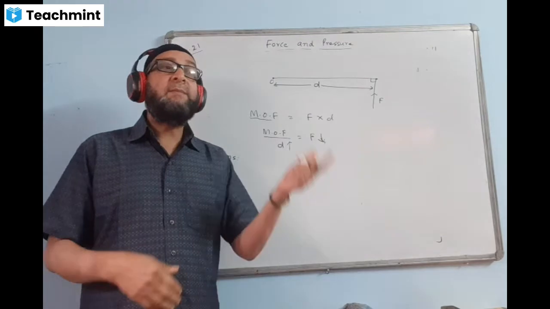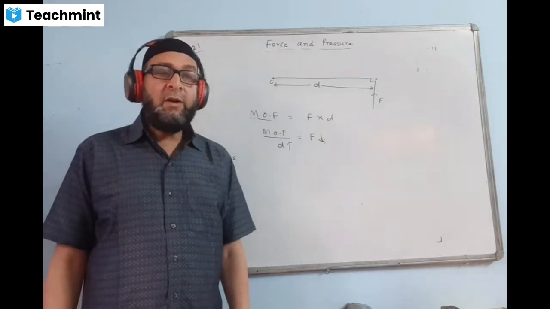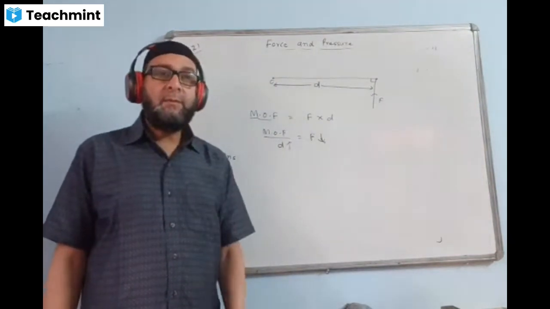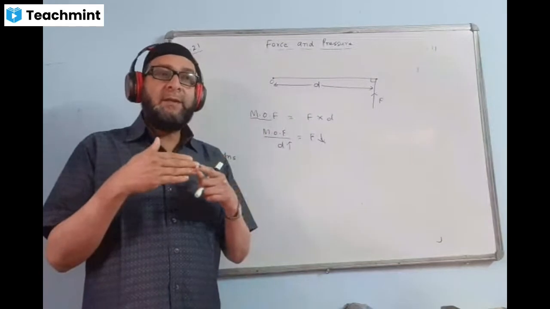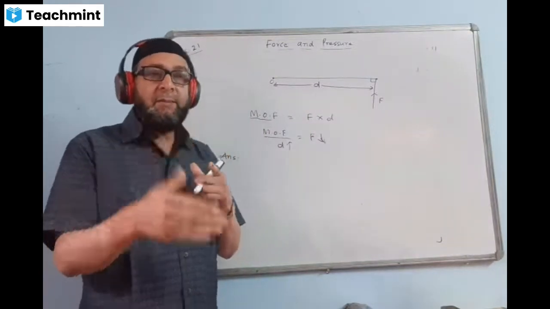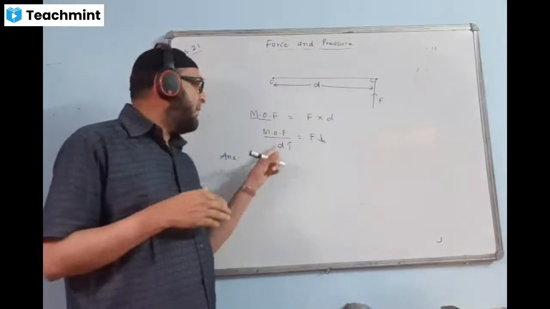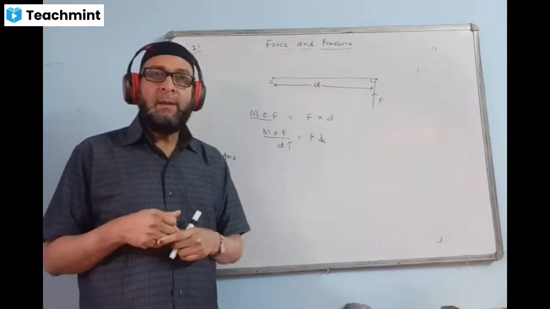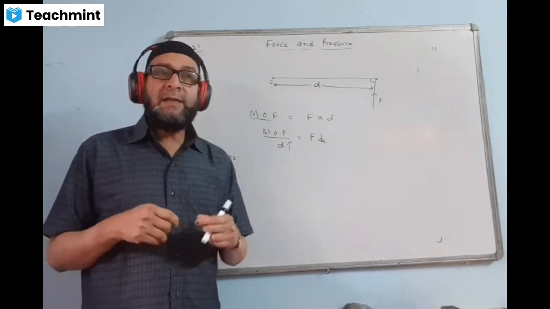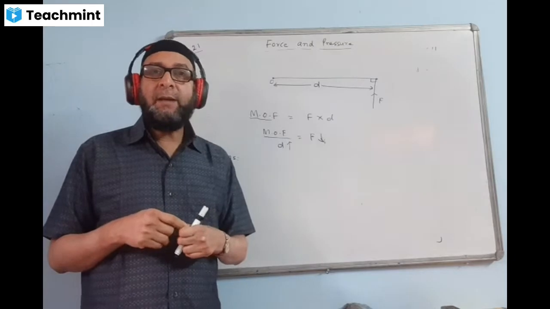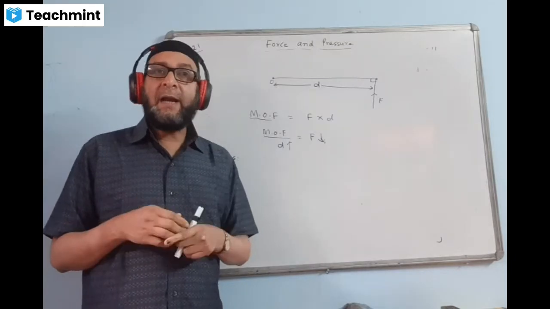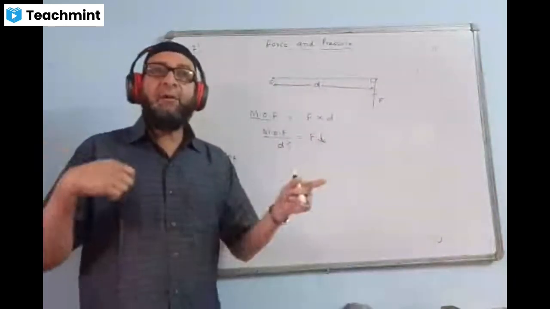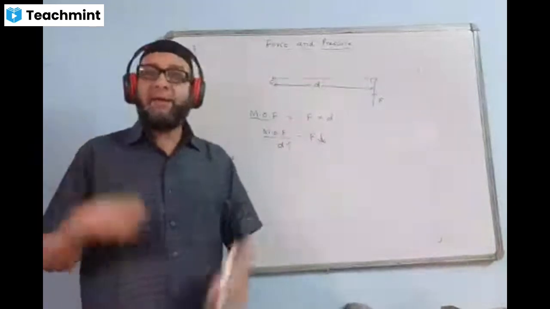Maximum distance and minimum force. Take it this way: maximum distance will have minimum force. Minimum distance will have maximum force, just opposite. So it is always easy to turn a body by applying the force at the maximum distance, because by doing so, the value of force becomes minimum. With the minimum force or minimum effort, we can produce turning effect in the body.